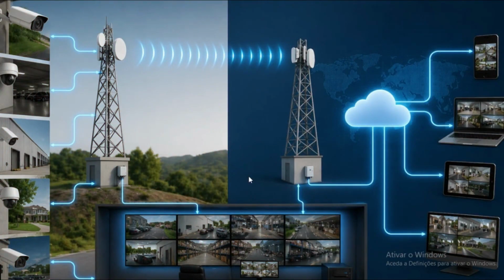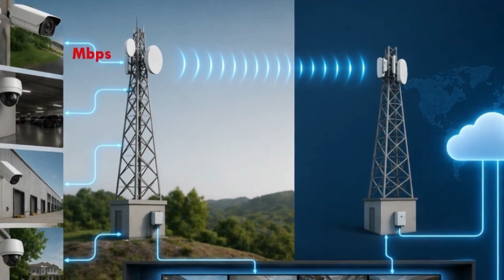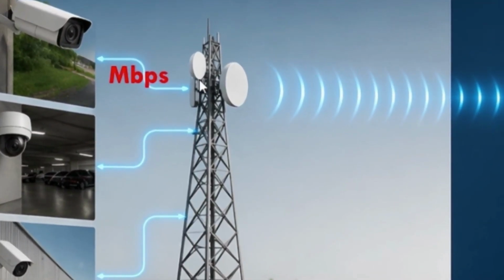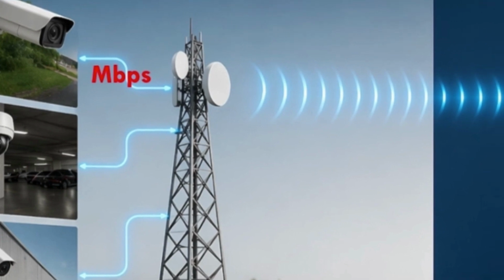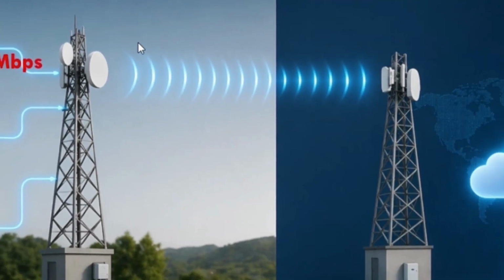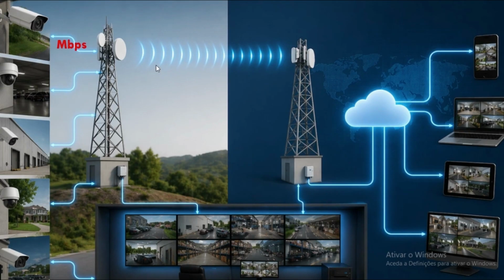When it comes to our objective, it's not just about installing cameras when we want to carry out the project. For example, here we have a monitoring center, and this monitoring center needs to send images from one location to another. This data is in megapixels. This data goes to an antenna, it leaves the camera, and we have another antenna that will receive this information for the monitoring center. But for this information to travel in the best way, we need to know if this antenna has the capacity to receive the amount of megapixels generated by the cameras that will